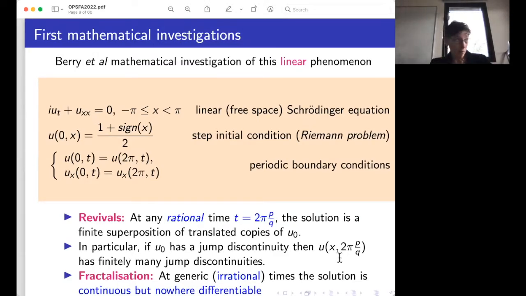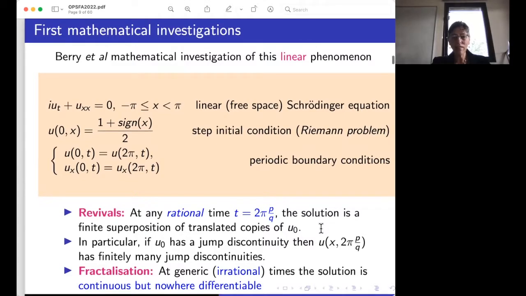Sometimes the linear initial value problem with this type of condition is called the Riemann problem, with periodic boundary conditions. So you're really modeling a periodic grating. And you can prove relatively easily, using the Fourier series representation of the solution, that at times that are rational multiples of the main period, and here I assume that the period is 2 pi, and this will be my period for the whole talk,